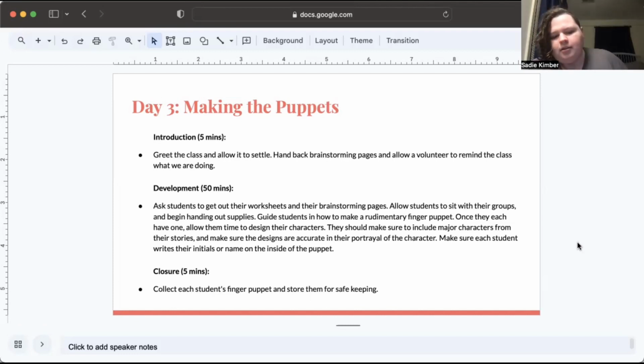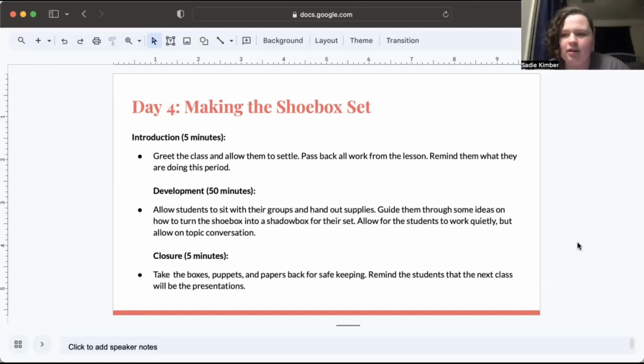And then at the very end, the students will hand in their finger puppets just for safekeeping for the teacher. Day 4 will consist of actually making this shoebox set. So for the beginning,